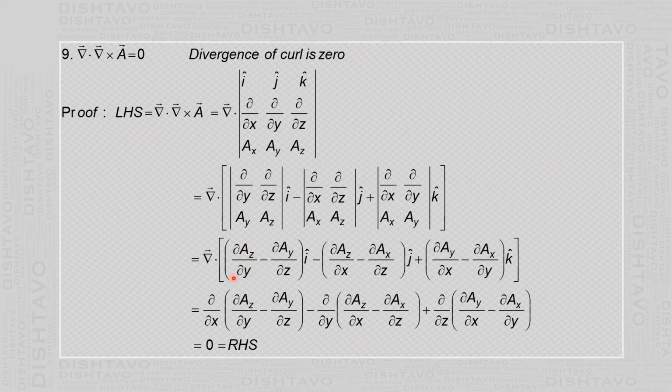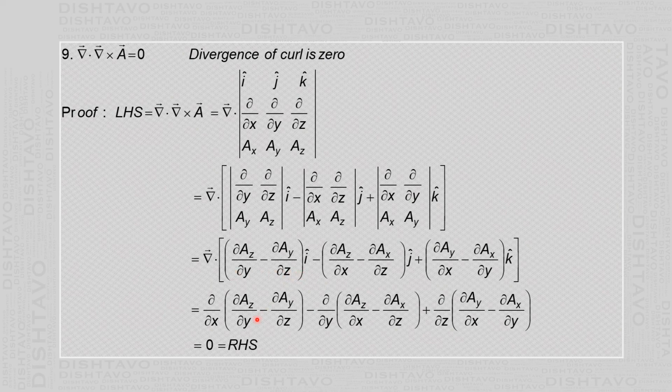You get this equation. So in this equation, one vector is del, the other vector is what is given in the square bracket. So it is the dot product of the two vectors. Use the formula for a dot product, which is the sum of the products of the components. The components of del are ∂/∂x, ∂/∂y, and ∂/∂z. The components of the vector inside the square bracket,